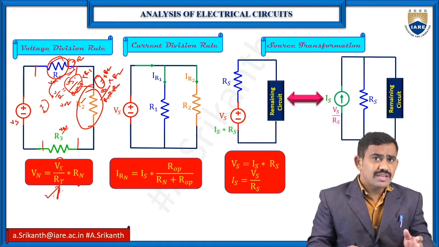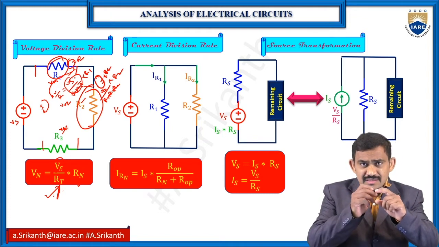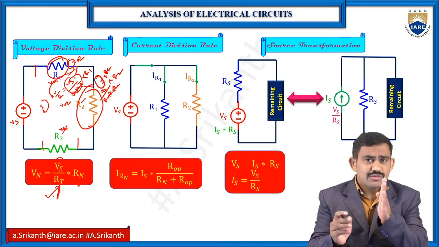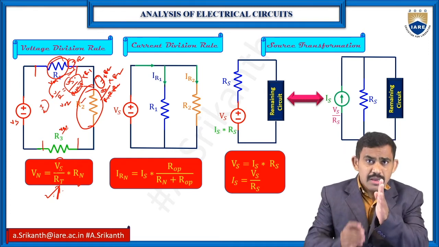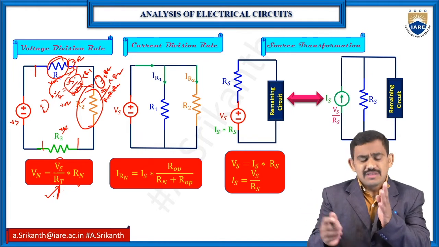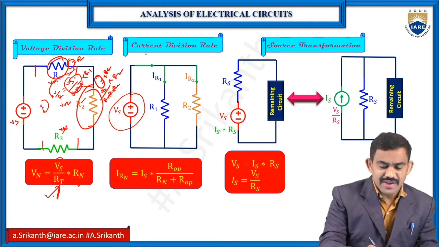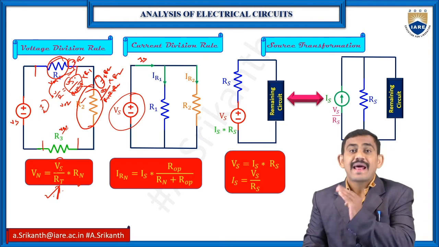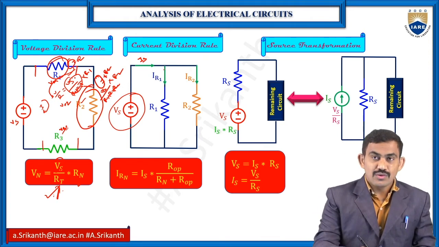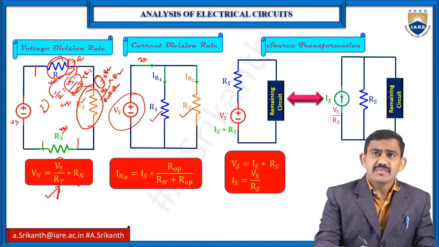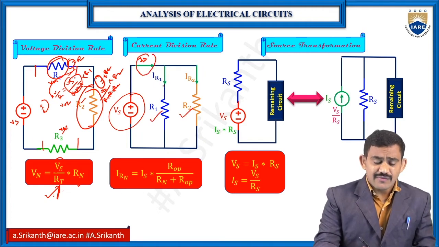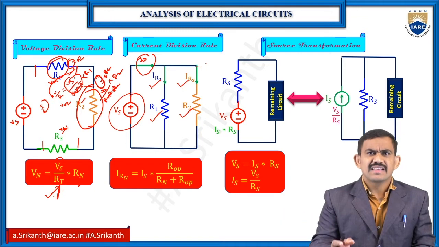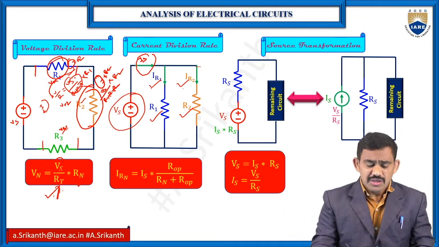Coming to the current division rule. The voltage division rule is for series, in one loop. The current division rule is for parallel: a current source in parallel with n number of resistors. If I know the source current value, I can find the currents in the n number of branches. Here we have the R1 value and the R2 value, and I know the source current value. Then I can find IR1, IR2, or any IR3, IR4, up to n. So the formula is the source current